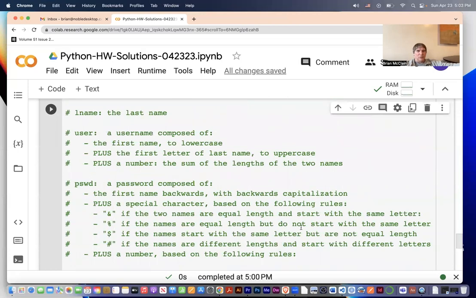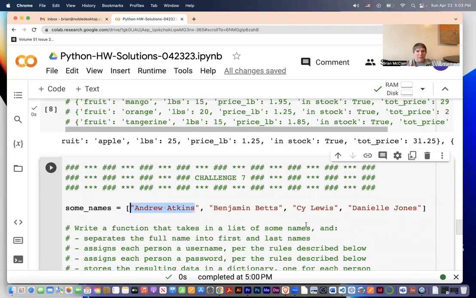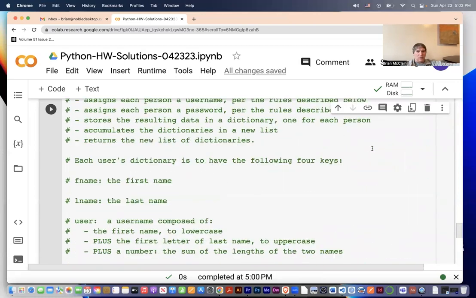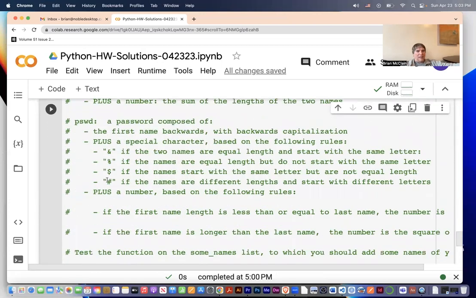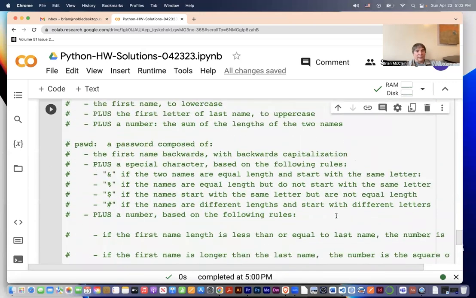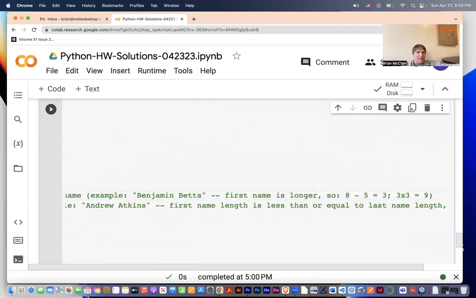Percent sign if the names are equal length but do not start with the same letter. I don't have any example of that. Well, we could. Here, Danny Jones, equal length, do not start with the same letter. Dollar sign if the names start with the same letter but are not equal length. Benjamin Betts, start with same letter, not equal length. Pound sign if the names are different lengths and start with different letters. That would be Cy Lewis, different length, different letters. And we're not done. Then a number based on the following rules